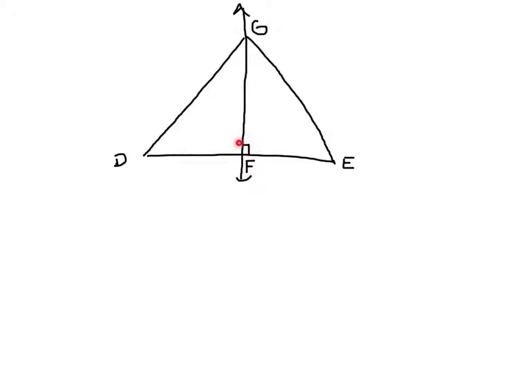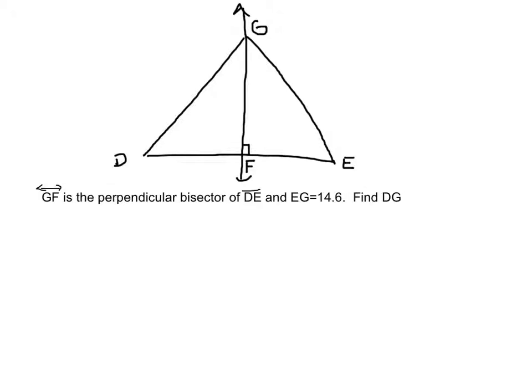But now we are told in this triangle that the line GF is the perpendicular bisector of the line segment DE, and EG is equal to 14.6. Notice there's no line up here. What does that mean? The length of